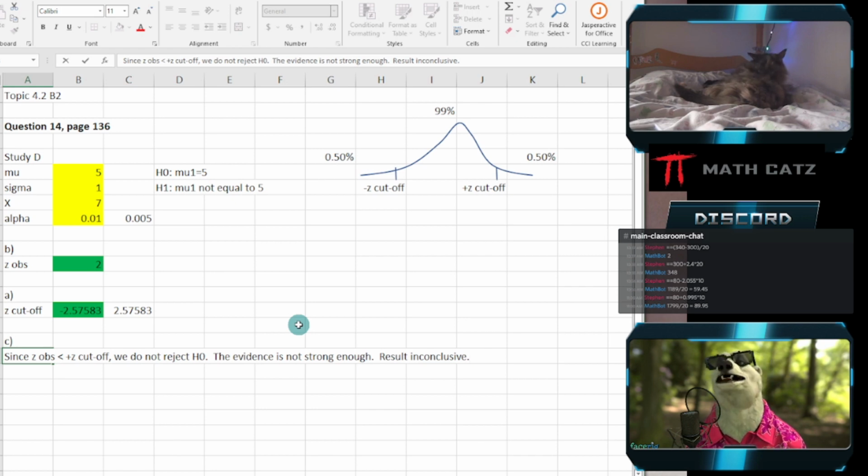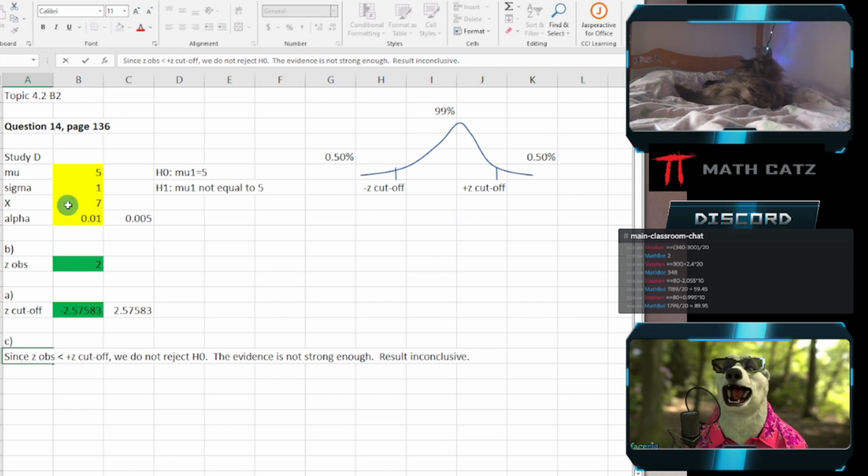All we're saying is the evidence that we are getting is not strong enough to suggest that it's not 5. It may not be 5. It may be just a little bit different than 5. We don't know. We can only go on the evidence, and the evidence does not suggest that the mean is